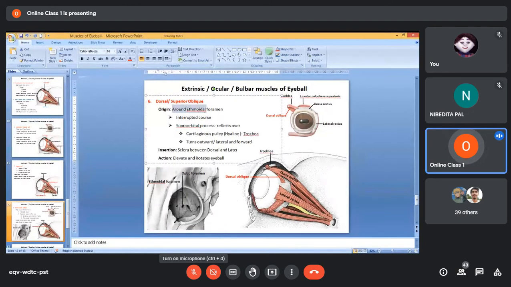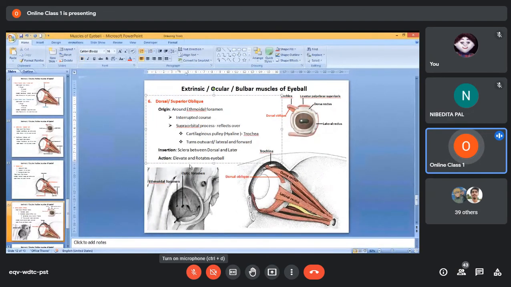its origin is different. You see where it arises, around the ethmoidal foramen. Now look at this skull. Okay, so here this is the pterygoid crest. Behind the pterygoid crest, foramen ovale; in front of the orbitorotundum, the optic nerve, optic foramen. So from here, 5 muscles will arise, the 4 rectus muscles and the retractor muscle. Whereas around the ethmoidal foramen, from here 1 muscle will arise, and that muscle is what? The superior or the dorsal oblique.